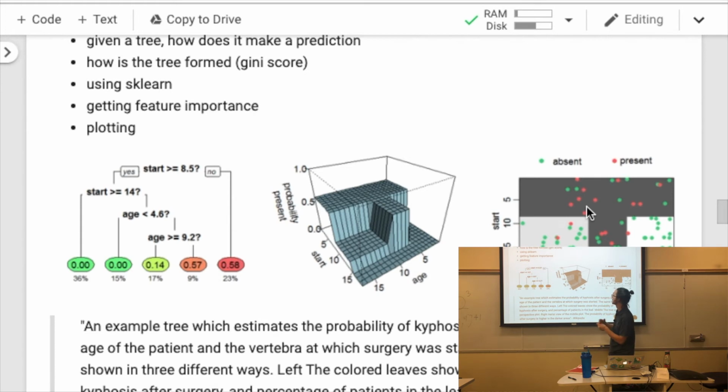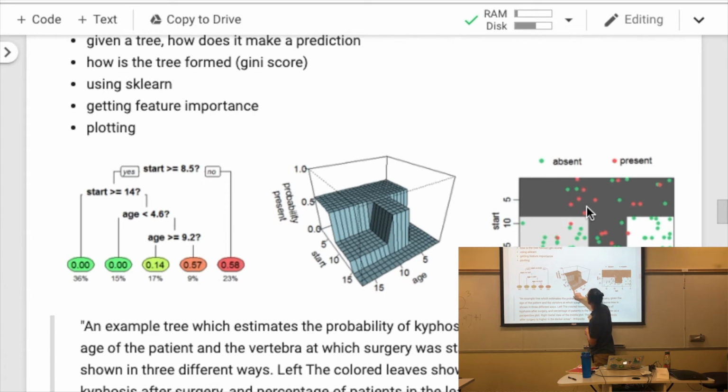I don't really know what that means. But maybe the first question is asking, is the start greater than or equal to 8.5? And so it draws that line, that rectangle. And so if the start is greater than that, so all of this data over here, then your probability is,